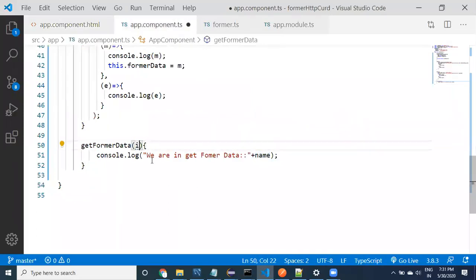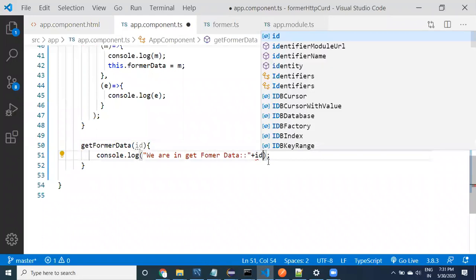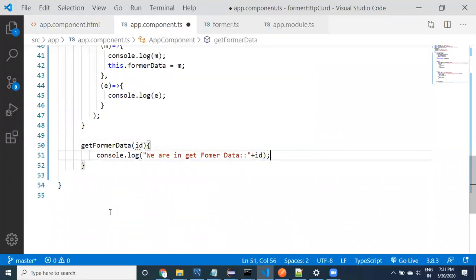You have to use ID. Let's just test it, guys. When the user clicks on a particular record in the table, we get the record's related ID and then we print it. This is the first step that we can finish now.